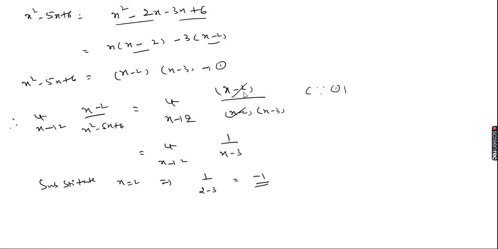Then we get (x minus 2) by (x minus 2) into (x minus 3). The x minus 2 and x minus 2 cancel, and we get limit x tends to 2 of 1 by x minus 3. So we substitute x equal to 2 in that, and we get 1 by 2 minus 3. So 1 by 2 minus 3 is nothing but minus 1. Okay. And the next problem is